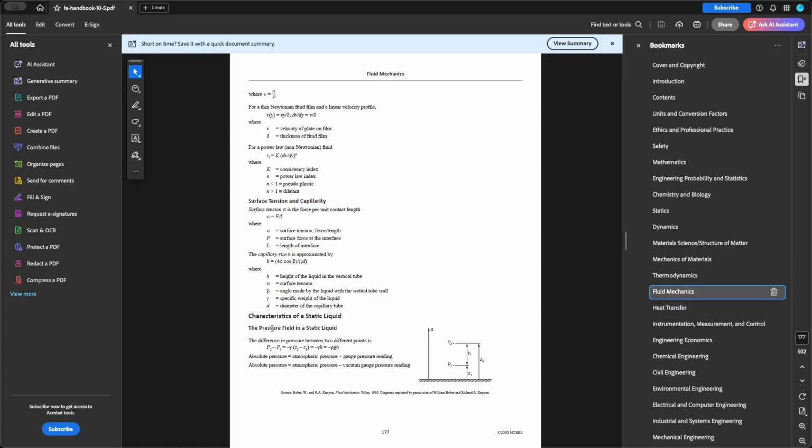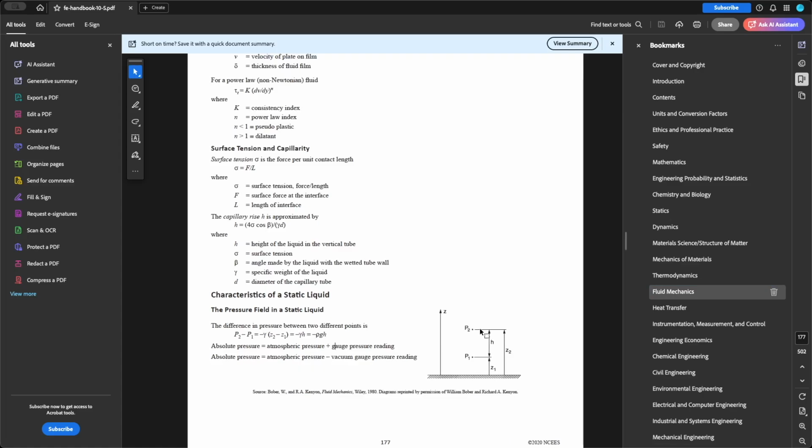Here you're dealing with the pressure field in a static liquid, and you have the equation P2 minus P1 equals the last expression, which is minus rho GH. In our case, we have P2, which is at the water surface level, and it's equal to 0 for gauge pressure. So here we take it as a reference so that we do not involve the atmospheric pressure.